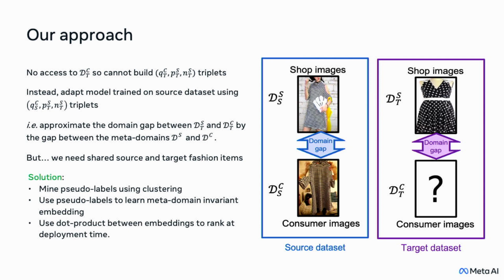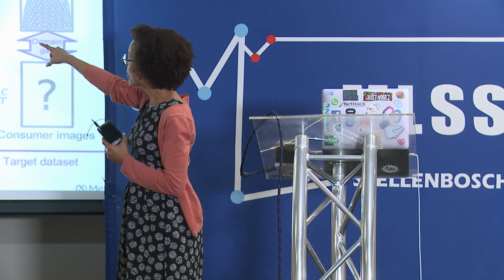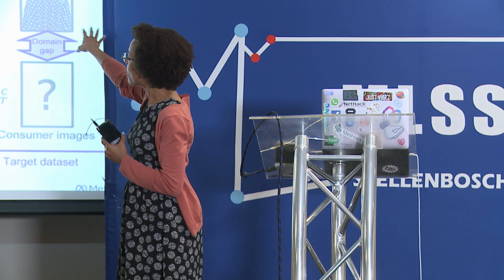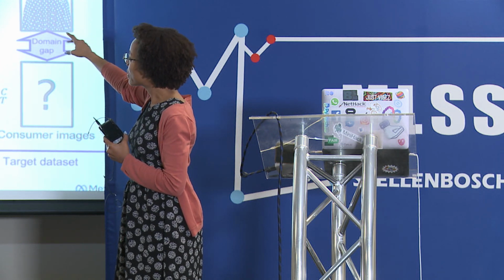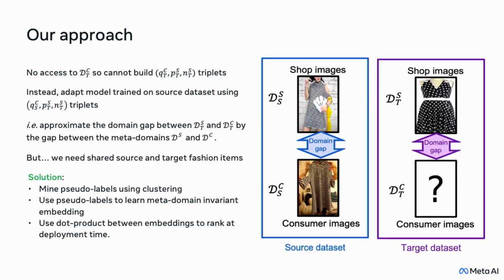So we're going to try to say what's similar here to here. If we find examples of what's similar on top, we can use that to find examples of what's similar there. So what we're trying to do with clustering is find similar things between the source and the target shop images. And that's not that hard. So if you look here,